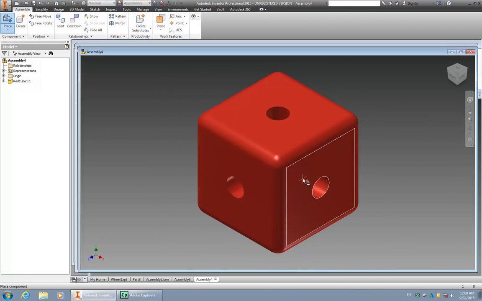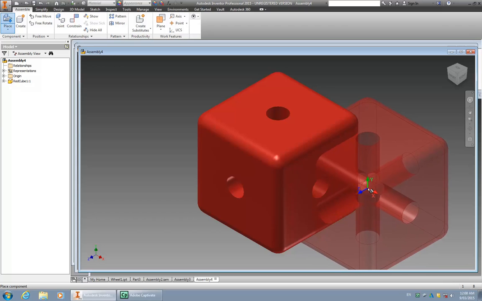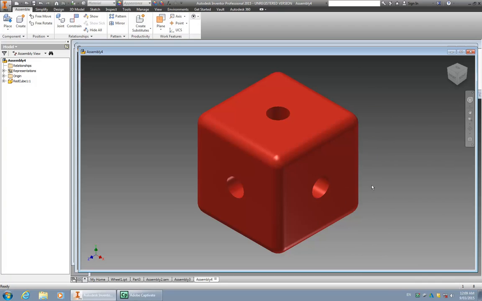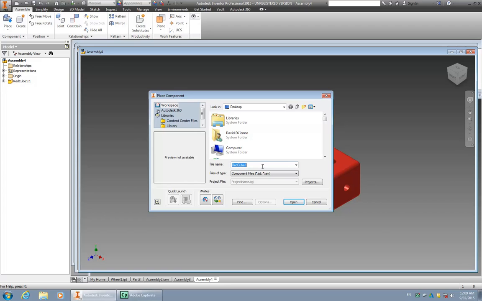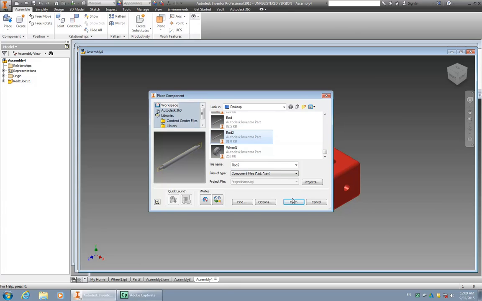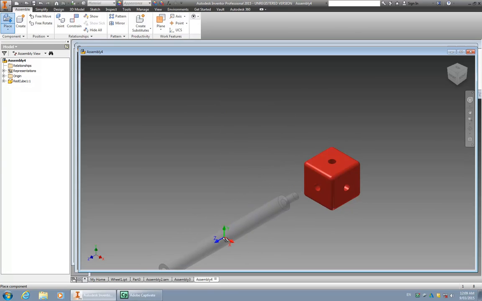I'll left click it to position it, and it automatically wants to bring me another cube. So if you left click again, you'll get a second cube in there. I'm going to escape out of that because I don't want the second cube. But I am going to bring in another part, and the other part that I want to bring in is called a rod. And there it is. Rod 2 or rod 1 will be fine for me. So there's the rod. I'll bring that in, position it there, and then escape out so I don't have to position the second part. Now to fit them together I need to set constraints, and here they are up here